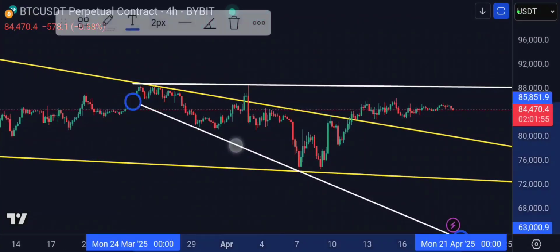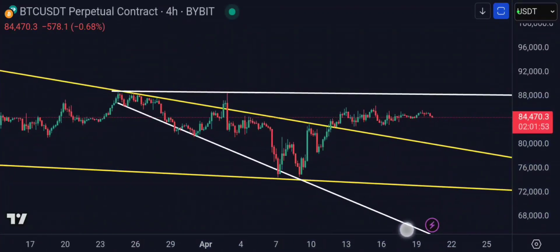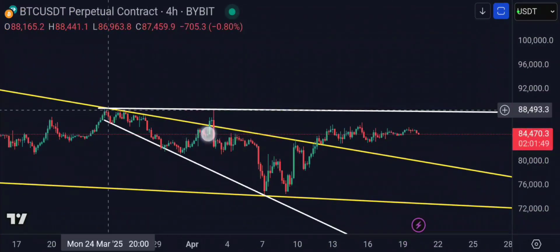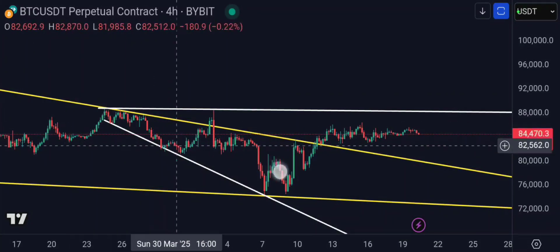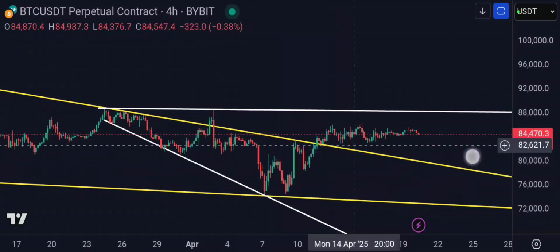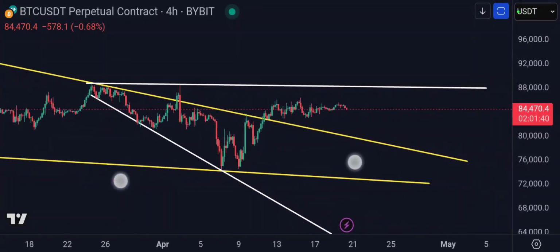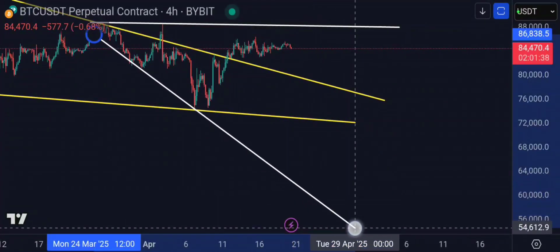So the system started from this zone, so we call this 1, 2, we call this 3, 4, 5, and we should be getting a 6th touch for validation. Now after the 6th touch here, expectations from some investors might be the fact that